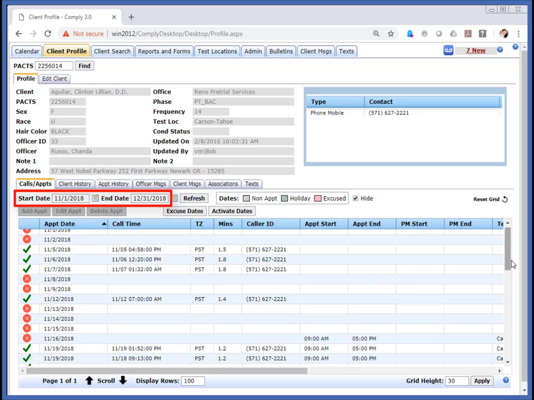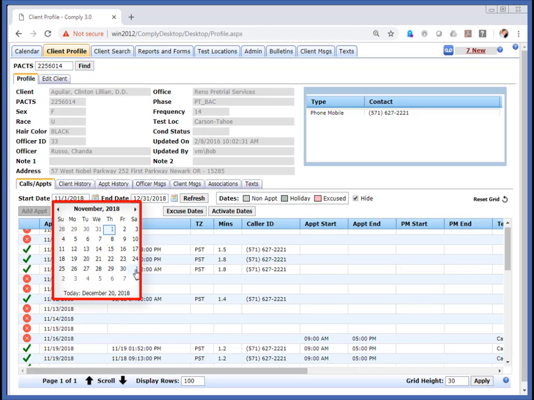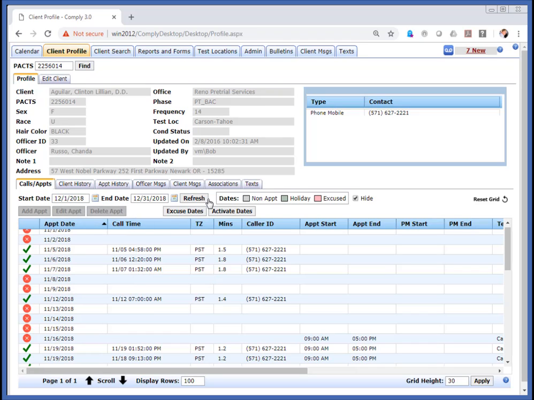These control how many rows you see in the grid. Right now we're looking at all of November and December, but let's say we don't need to see November anymore, so let's change the grid to only show December by changing the start date to December 1st, and then click